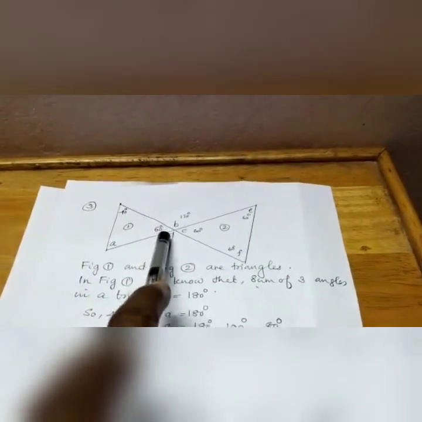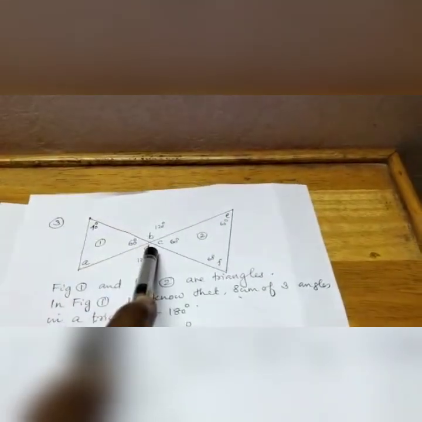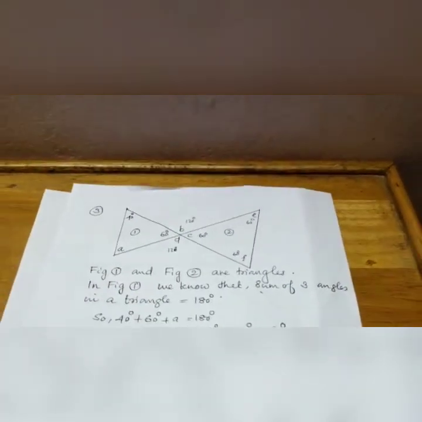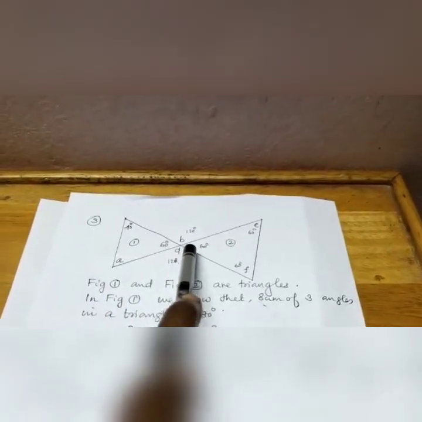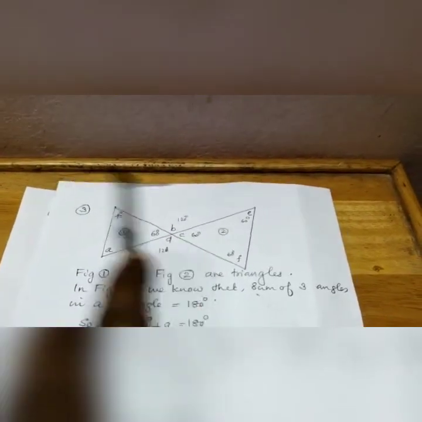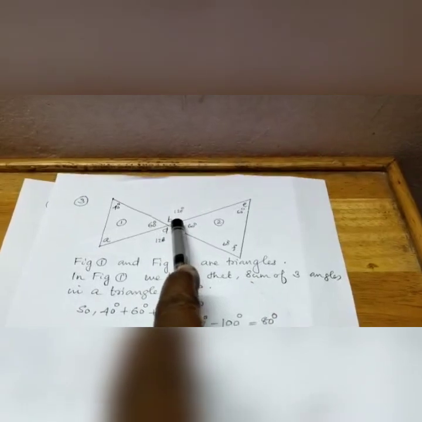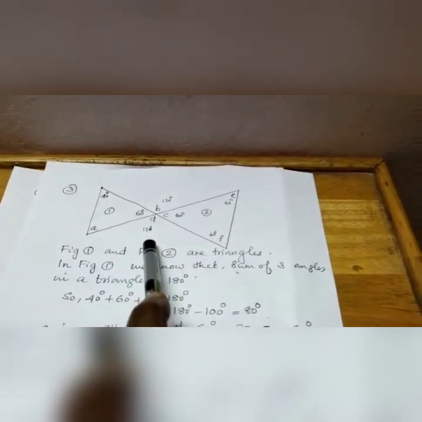Once again, these are two types of triangles. In the first triangle there are 3 angles. The sum is 180. Two angles are given. The third angle is 180 minus the sum of the 2 angles. Then we get A. Then C is opposite to the 60 degree angle. Therefore C is also 60 degrees. 60 and B are a linear pair. Therefore B is 120. If B is 120, then its opposite angle D is also 120.